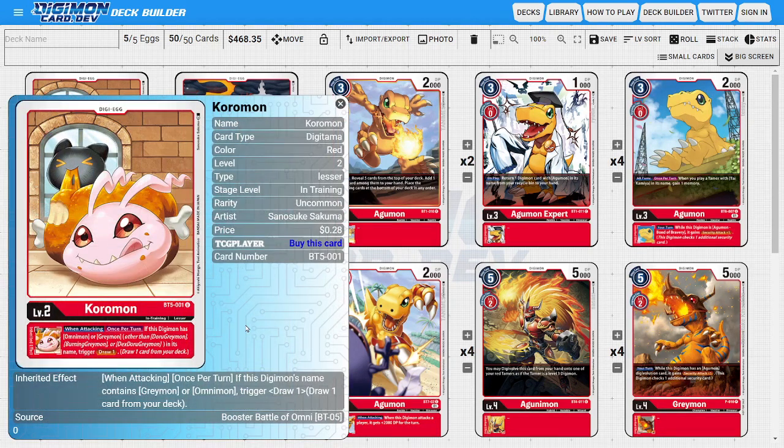Starting with the Digitama, I'm going to be running 4 copies of Koromon. So Koromon is a really fantastic card for this deck just because it's acting as a very solid card draw engine for the deck. Because we are a rookie or champion rush style deck, we're not necessarily going to be drawing a lot through evolution because, well, we don't have a whole lot of evolution to actually draw through, so having an alternative way to try to draw cards and keep our hand as healthy as possible is really good,